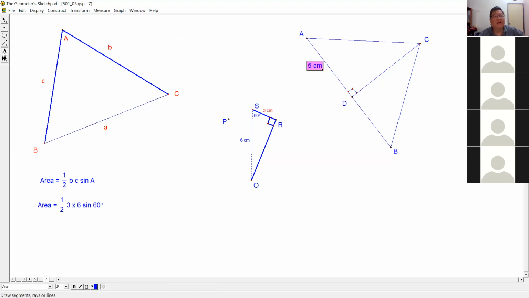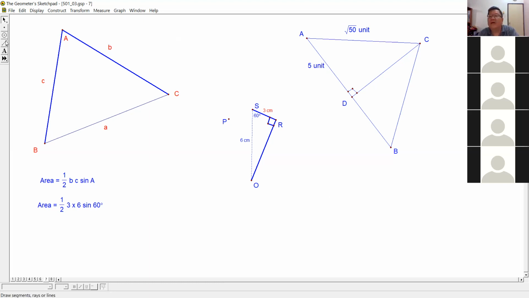Then this length AC, I use the formula for distance between 2 points. I found it to be square root of 50 units. This one is from the distance formula, this one is from the radius of the circle. So is this okay so far? Do you know what I've written here? 5 and the square root. Yes. Now this angle here,